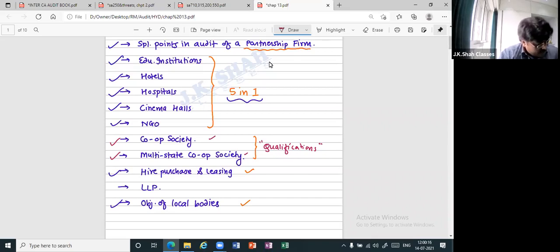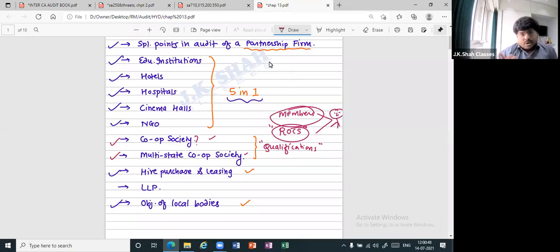By the way, who appoints the auditor of a cooperative society? The auditor of a cooperative society is appointed by Registrar of Cooperative Society, ROCS. So ultimately, who appoints? ROCS. Now, ROCS will appoint the auditor of a cooperative society, and supposing I am that auditor, then I will have to report, no? Who will I report to? I will report to two. One, to the members of the society and to the ROCS. So if I am the auditor, then I will have to give the report to the ROCS as well as to the members. All cool?